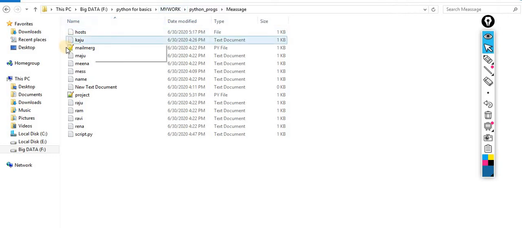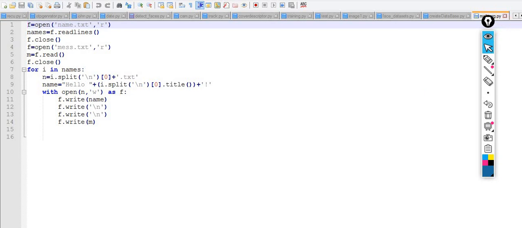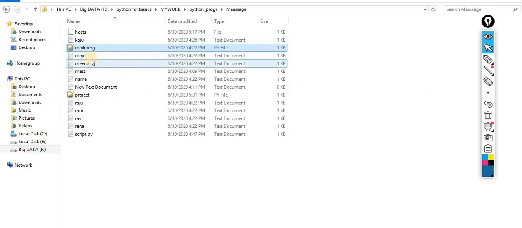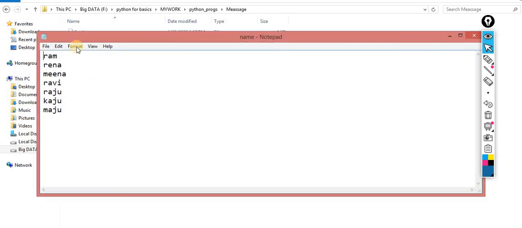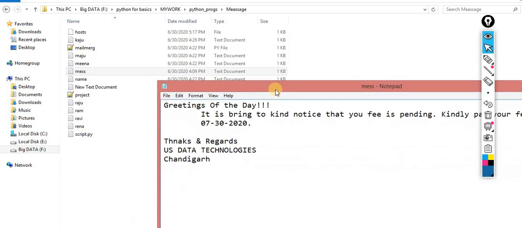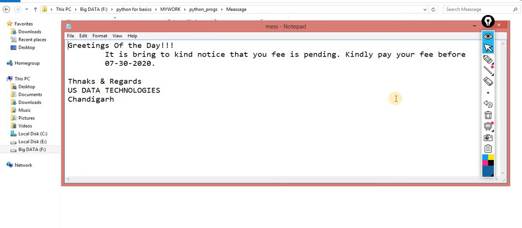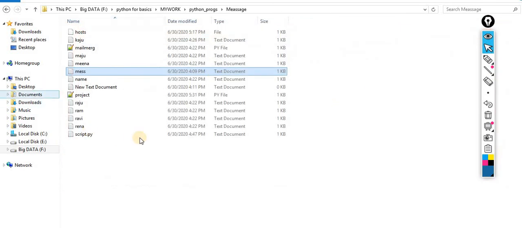One contains the message, you can check it out: a greeting of the day, it is brought to kind notice that your fees is pending, kindly pay your fees before this date, thanks, from the Data Technology, Chandigarh. So this is one file.